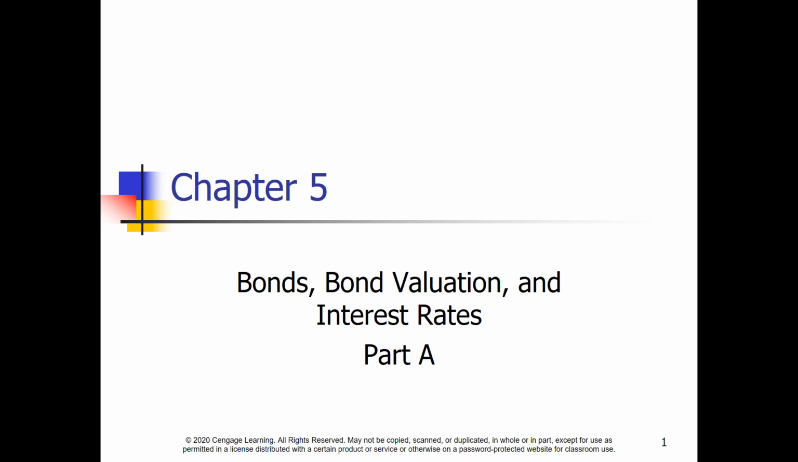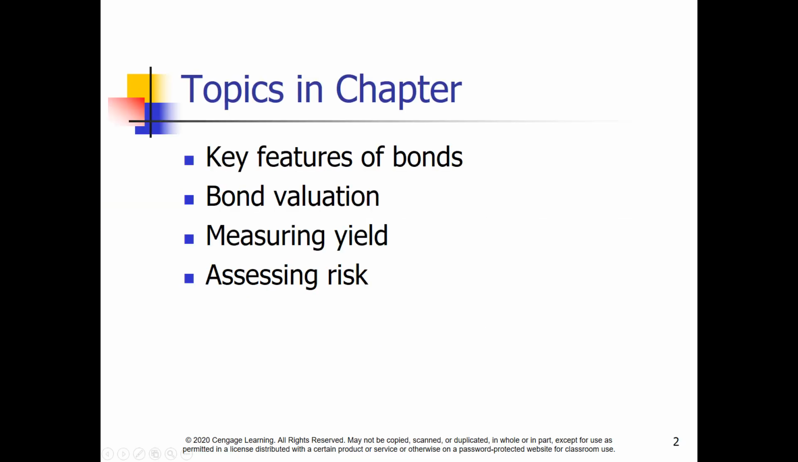We're starting on Unit C, Bonds and Bankruptcy, which are closely related. This is Part A of Chapter 5. In Part A, we'll cover the basic features of bonds, how to value them, and techniques for measuring yield and